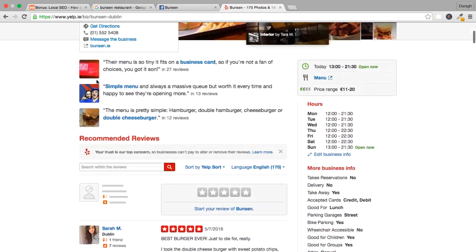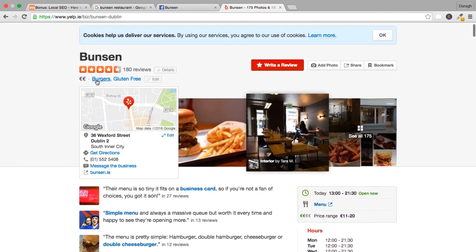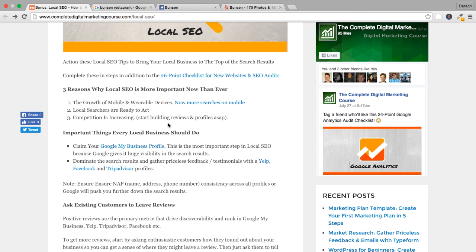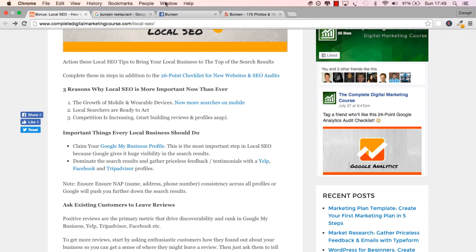And that is a great advantage of Yelp. So those are some of the advantages of Yelp. You can dominate the search results, you can gather that feedback, and also get into the sphere of influence of those serious Yelpers. Now the next profile that you can set up is really your Facebook page,